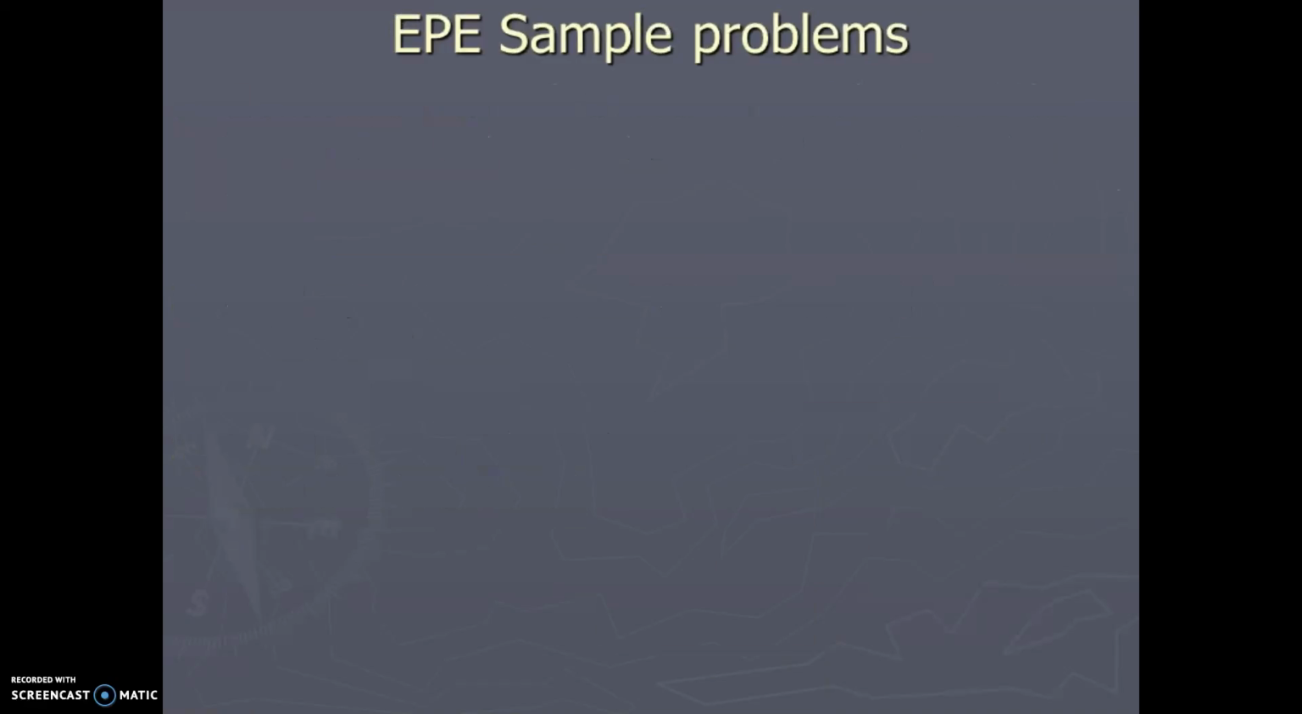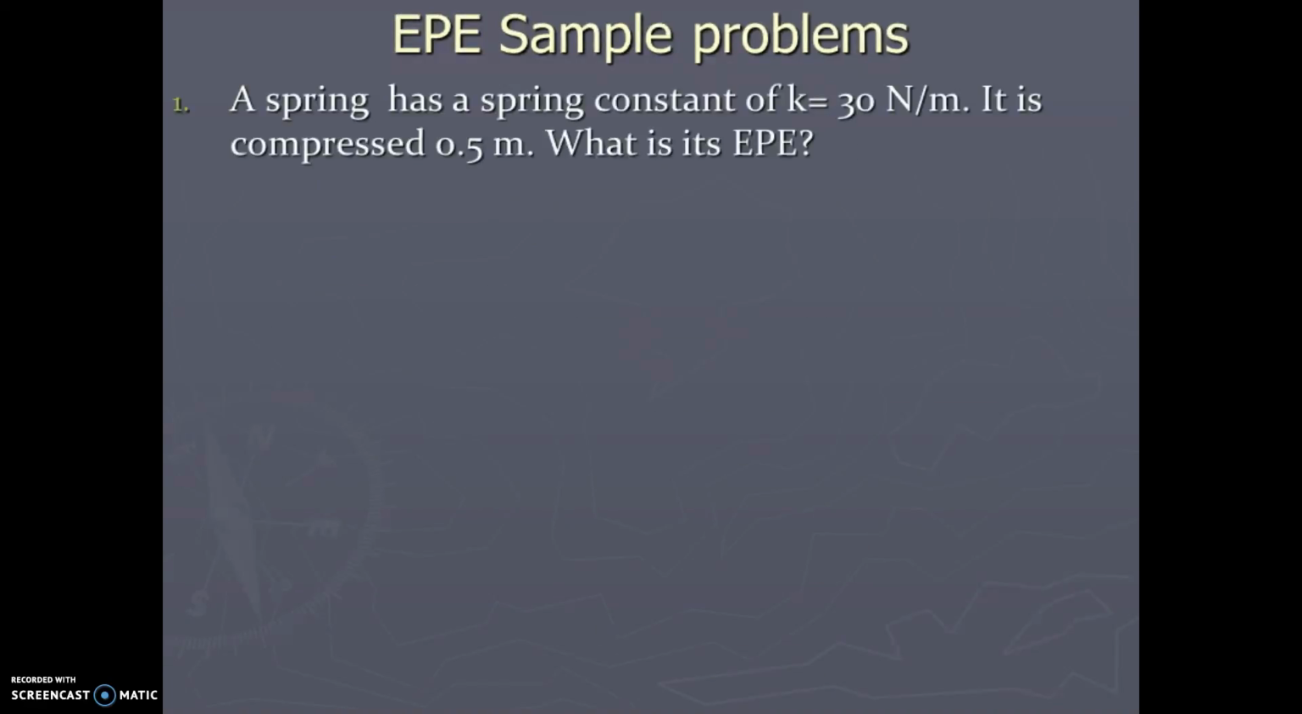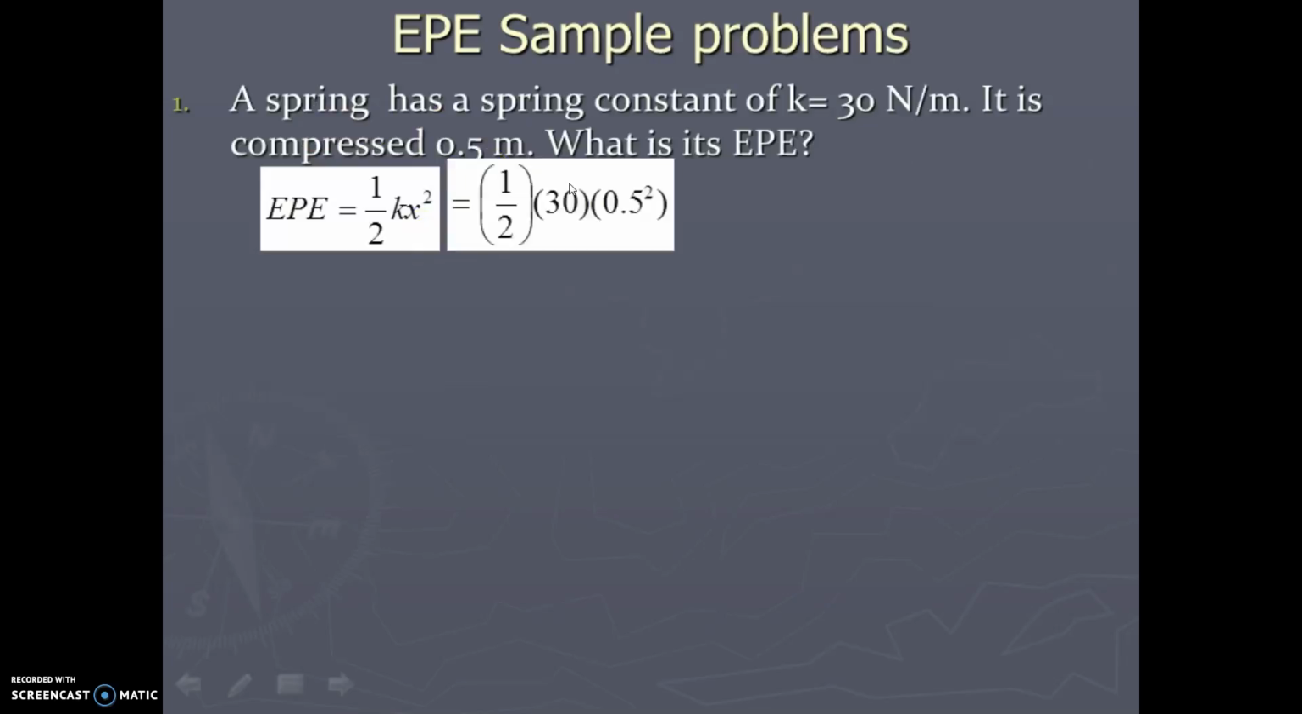Let's do our elastic potential energy sample problems. A spring has a spring constant of k equals 30 newtons per meter. It is compressed 0.5 meters. What is its elastic potential energy? So elastic potential energy equals 1/2 kx squared. We want to plug in 30 for k, because that's the spring constant, and x is 0.5. So we just do 1/2 times 30 times 0.5 squared, and we end up with 3.75